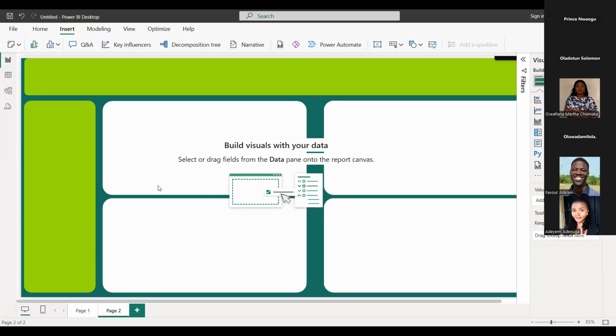I hope it's clear. Can this same thing be replicated in Excel if you are building a dashboard using Excel? Is it possible? Yes, it can, as long as you are able to insert shapes, structure it, take a screenshot, and bring it back in as an image. Yes, it can. I've done it perfectly. Okay, so do you guys understand that?